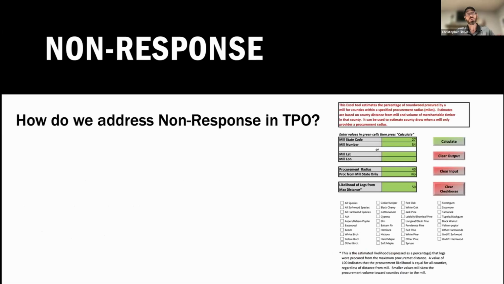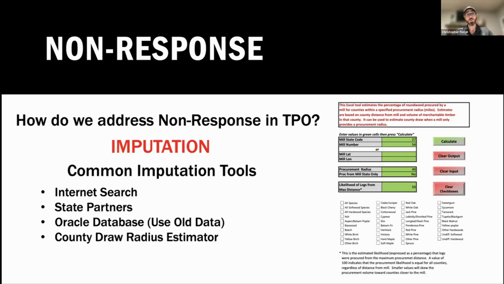So non-response for us, and we've heard a lot about this so I'll go quick, is an issue because what do we do when we don't get the answers? We have to impute. And we have some wonderful tools. Matt's tool is key. And we've seen some presentations on those tools and how we're always trying to improve them today. So ways we impute, we've been on Google just to find lat long. So implementing these surveys, we use any tool at our disposal to fill in the blanks and get these surveys filled out. But at the end of the day,